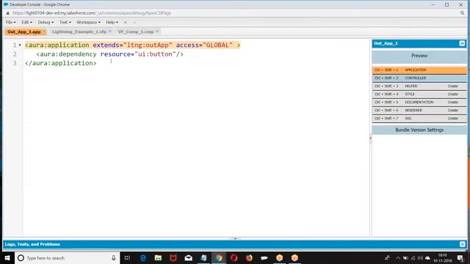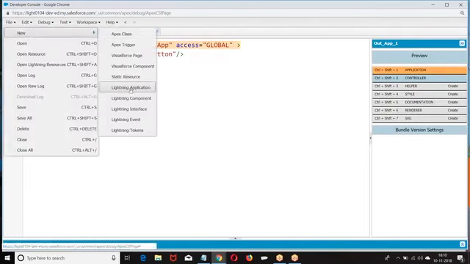How do you create a dependency? Resource equal to the resource name. Lightning application.